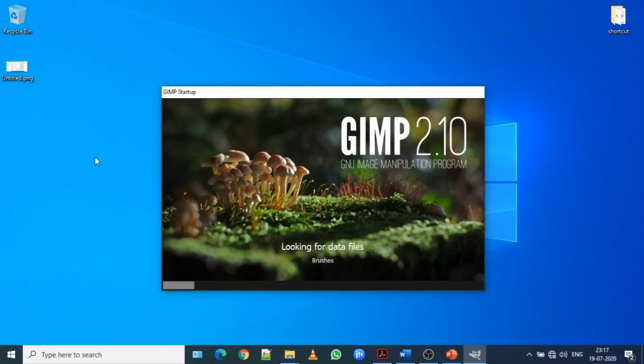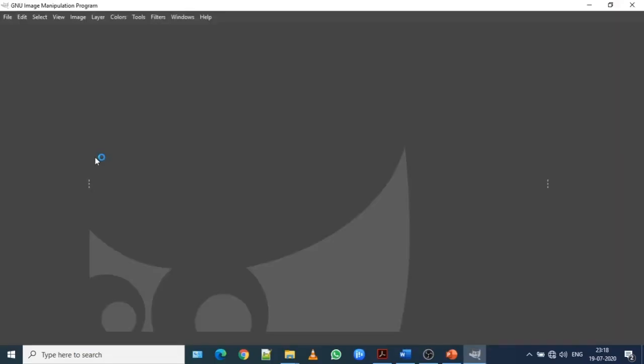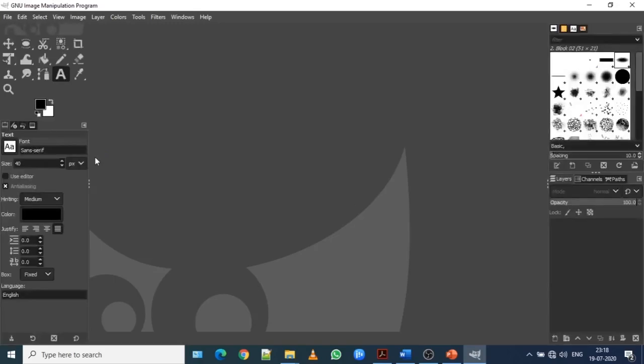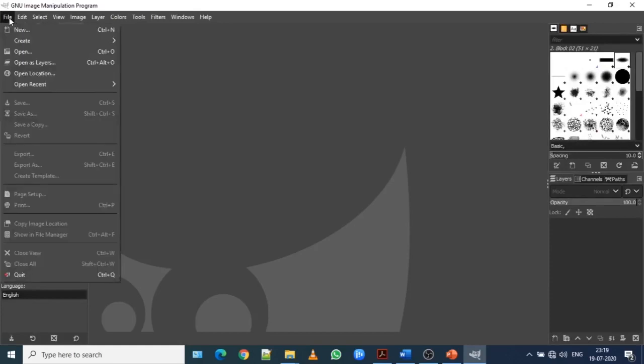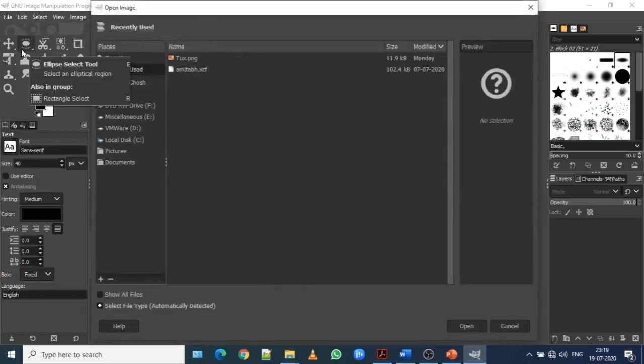So we have to wait until it loads. So there it is. GIMP window is on.